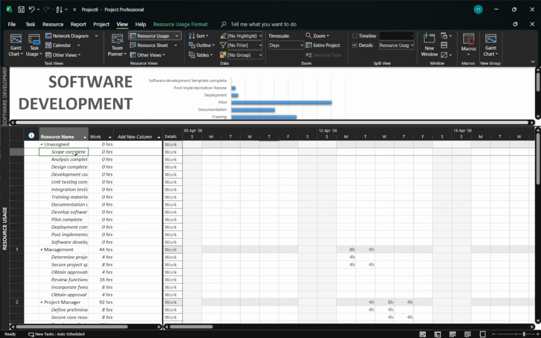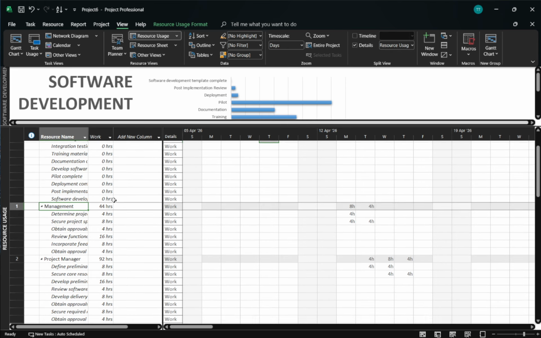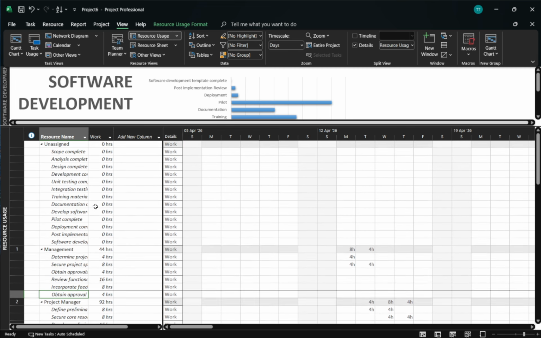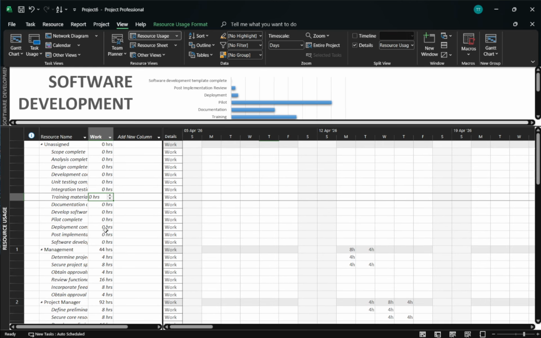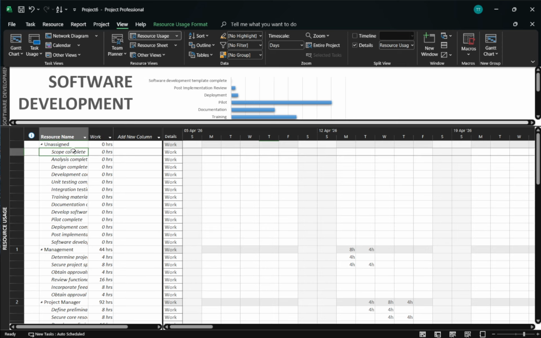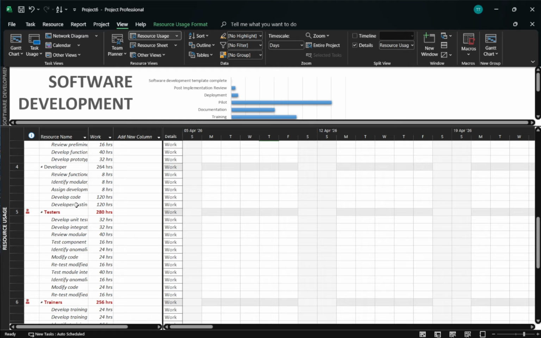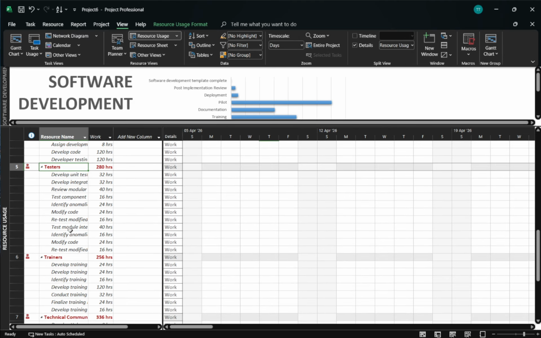You'll see each resource listed on the left with the tasks assigned to that person or role nested beneath. On the right, you'll see time-phased work values laid out by day or week, so you can quickly spot how much effort is planned over time. If any resource is over-allocated, their name or cells will appear in red, making problems easy to identify at a glance. This is the best view for analyzing workload because it frames your plan by resource first, rather than by